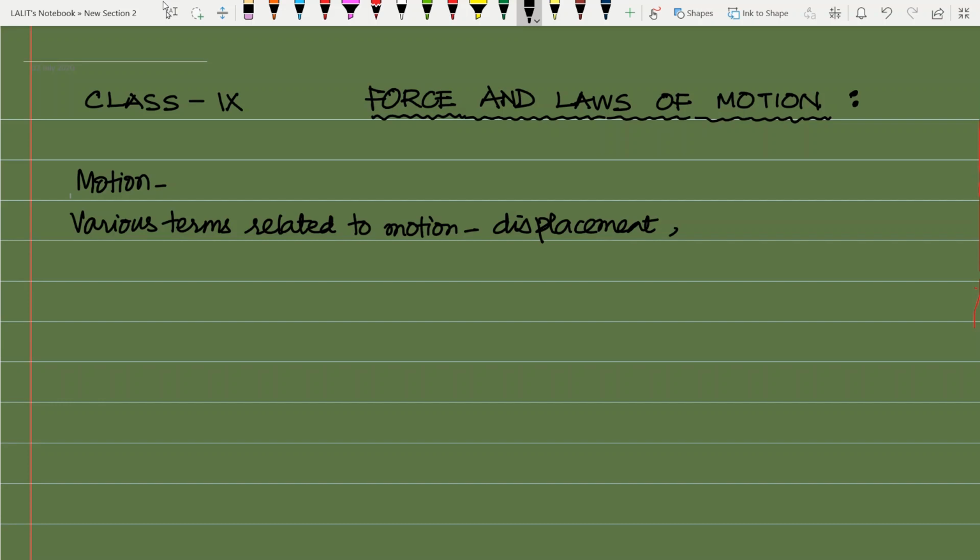Then we talked about velocity. Then we talked about acceleration. Then we talked about graphs, graphical representation of motion,